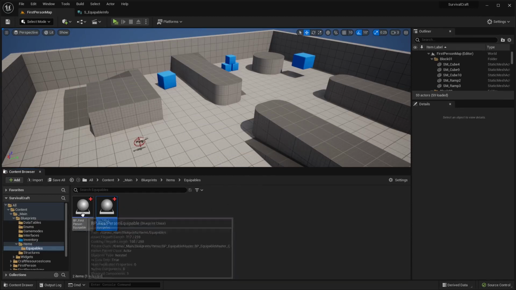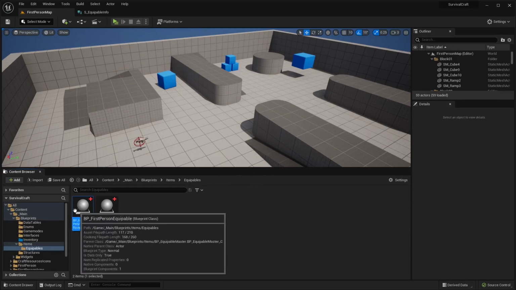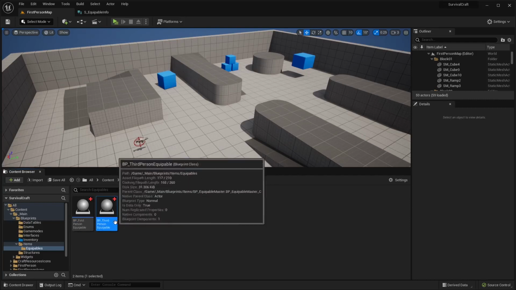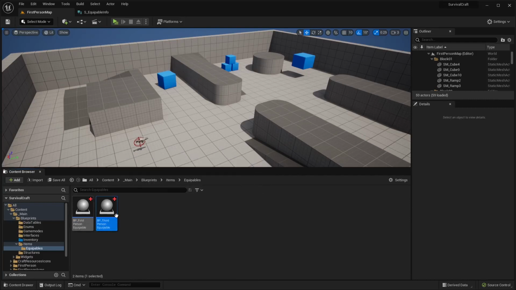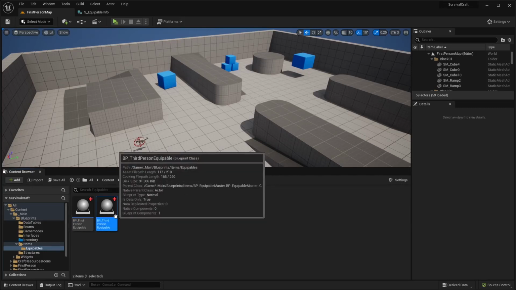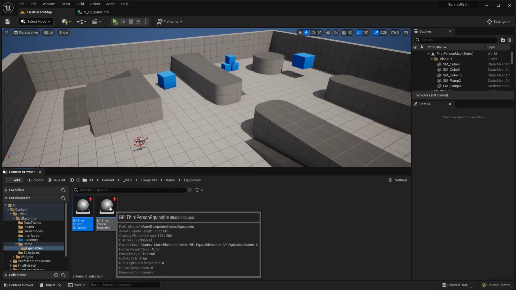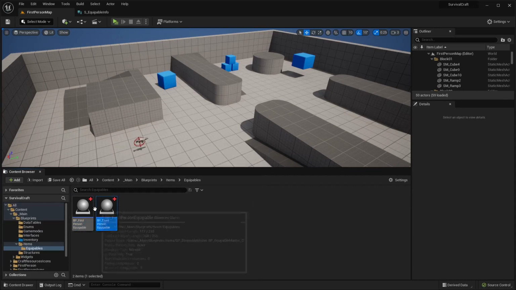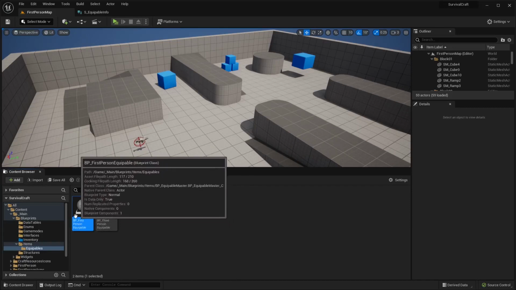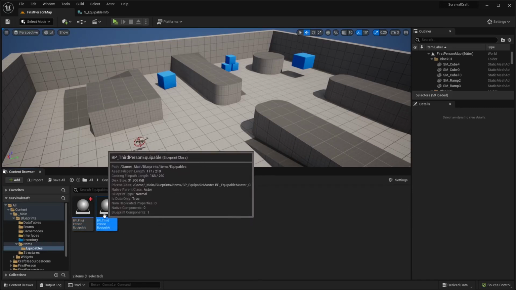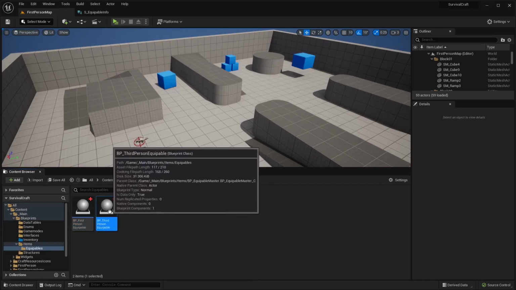So we're going to have two different classes, one for our first person and one for our third person. The reason we're doing this is, one, we have two different animation blueprints. We have our first person animation blueprint, which has the custom first person animations for holding items. Then we have the third person animation blueprint. So we also need a first person and third person item so that we can see the item in the first person, but then the third person item is for other players to see that we have an